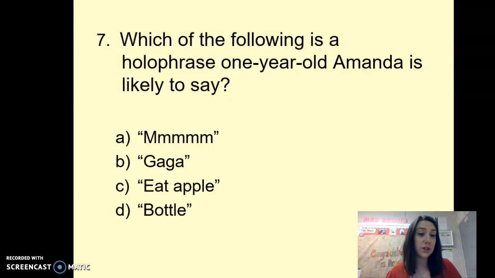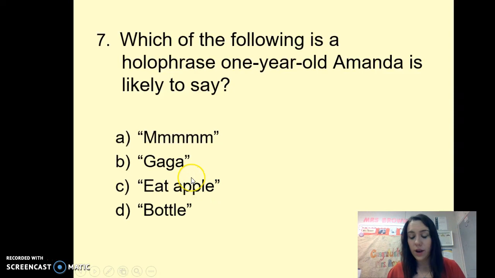Here's a little question for you. Which of the following is a holophrastic phrase 1-year-old Amanda is likely to say? Remember, holophrastic, one word. The answer here would be "bottle." "Gaga" is an example of babbling, and "eat apple" is an example of the